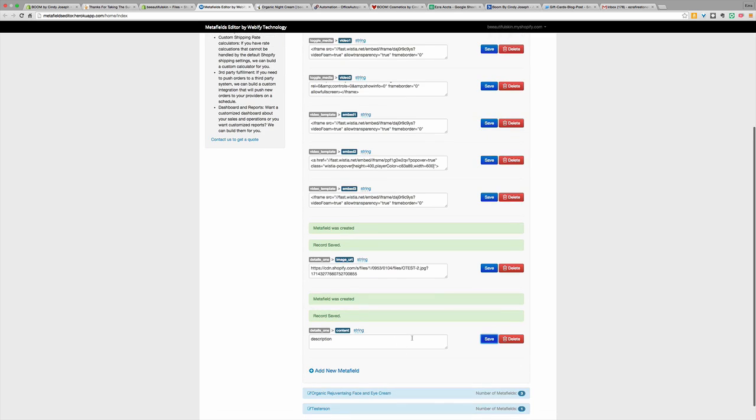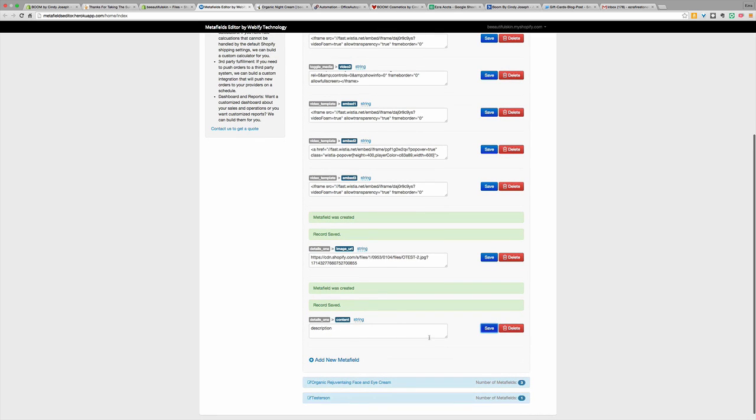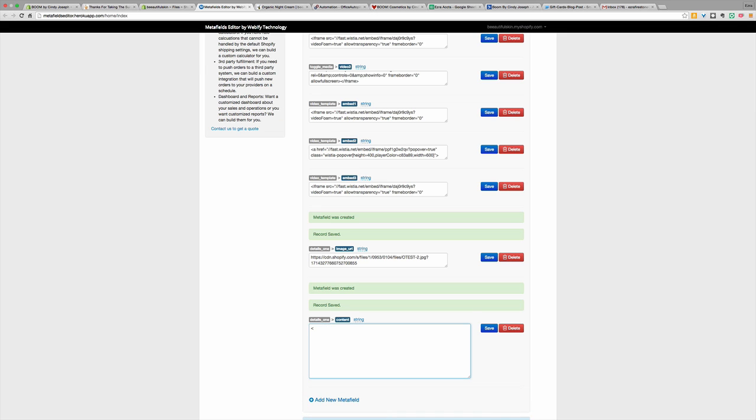Now once you add that, it changes the box here, gives you this nice kind of box that you can widen up, which makes it a lot easier to add HTML. So here we can now add HTML. We can say H2, this is amazing stuff, and we can close the H2 tag, and then let's say we wanted to do a bullet list. We could do UL, and then we could do LI here and close that,